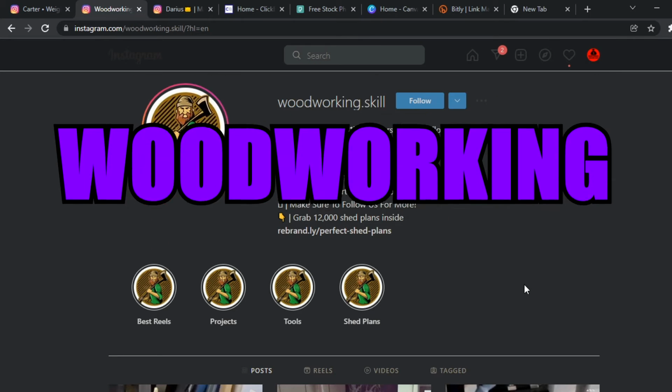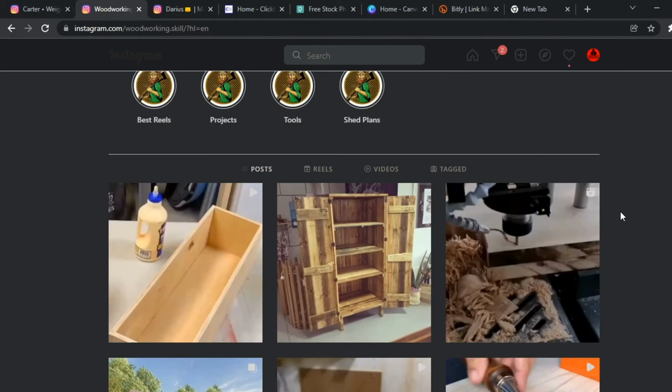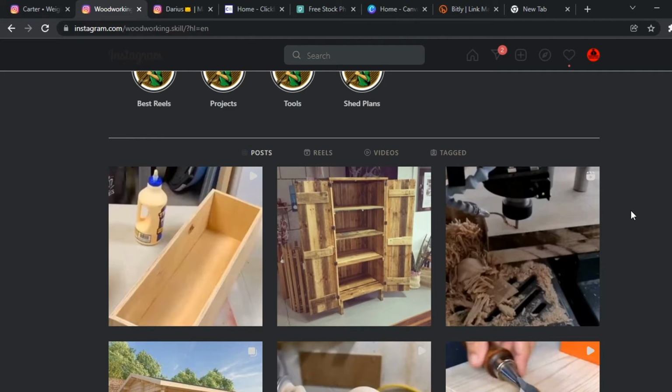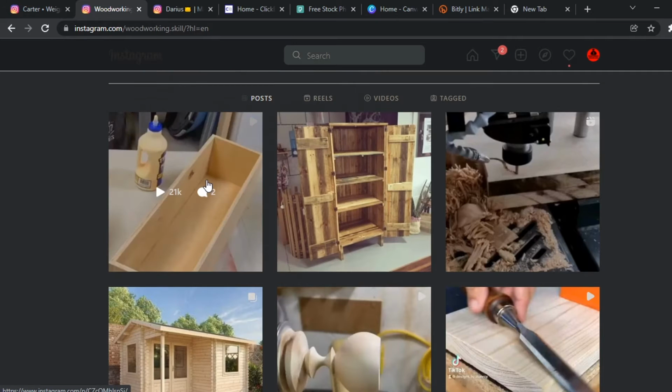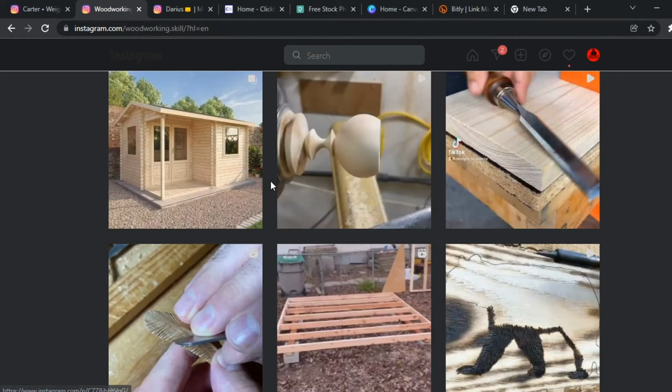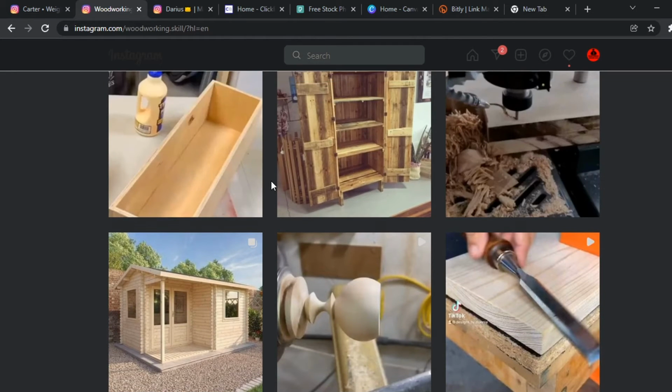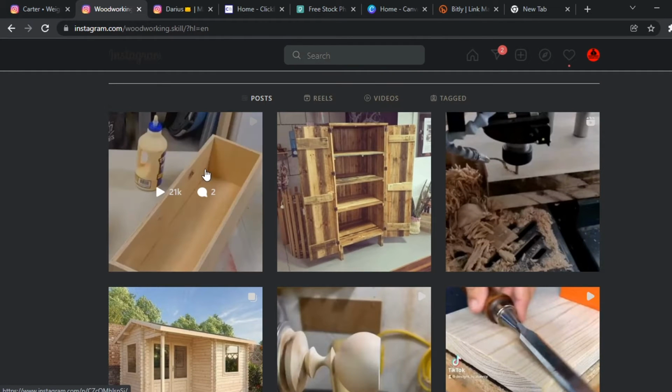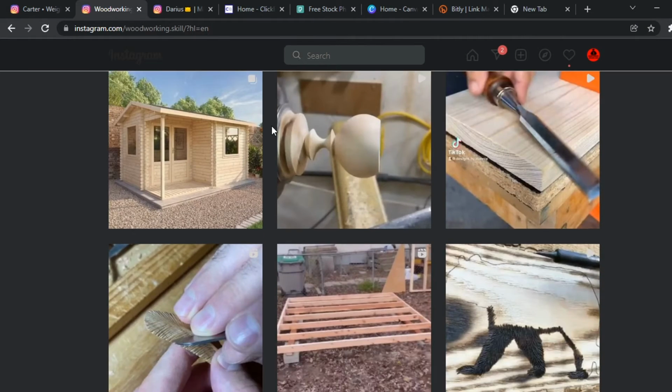So the second niche I want to show you to start Instagram affiliate marketing is a niche called woodworking. Now this page right here is not even showing his face at all. All they're doing is simply getting videos that show them making objects, maybe this cabin thing right here, or this little log thing, or maybe this wooden house, and they show you different examples and different types of content, such as simple one-page posts like this, or maybe a reel video or a simple regular Instagram video, and so forth.